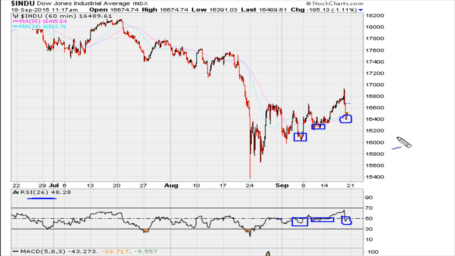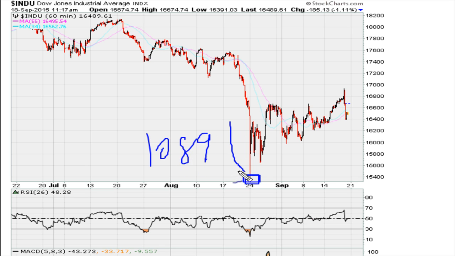as lows. So if this becomes resistance around the 50, if it now becomes resistance, then I would suggest that there's a bigger drop here. Now, because on the hourly for the Dow, this is a 52-week low, this low here, when the Dow dropped down 1089 points, this Monday here, I believe was August 24th,